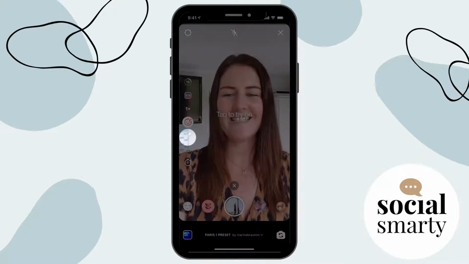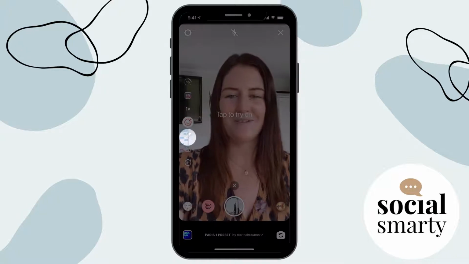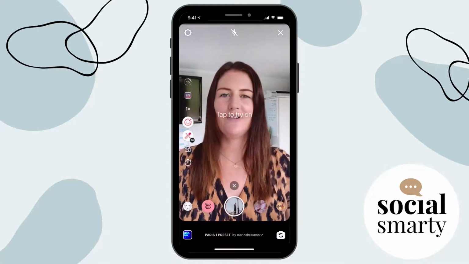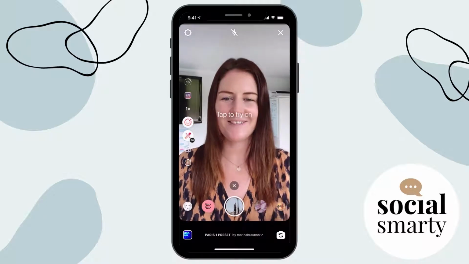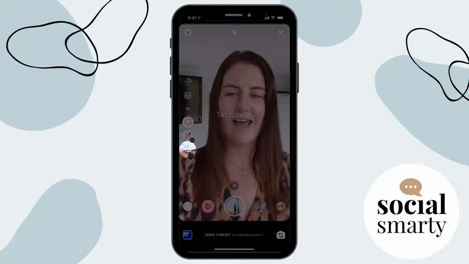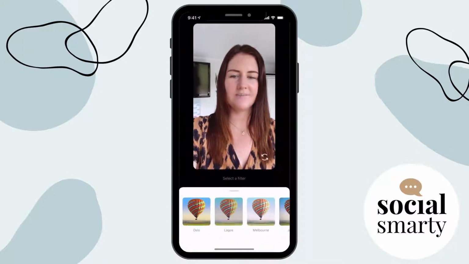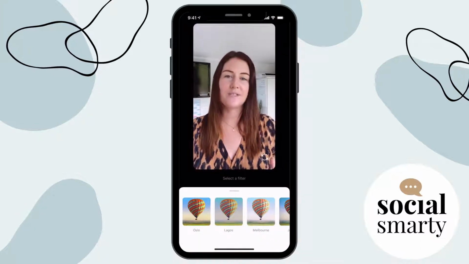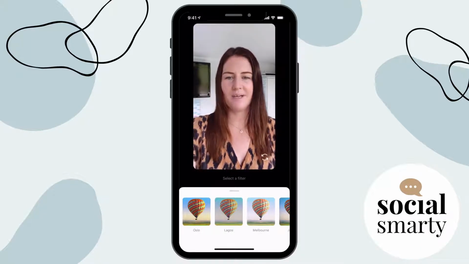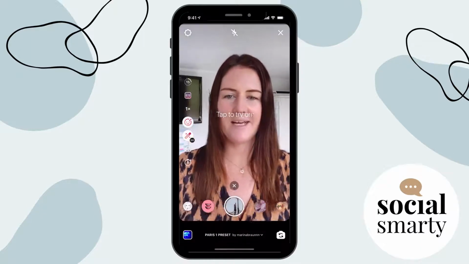And then the next one down is our touch up. So if we click on that, it just improves our skin a little bit. So now I feel really confident and really ready to give this reel a go. Next icon down is this little flowery looking one, and that's our filters. So again, we've got all those filters that we have in our Stories, so you're probably familiar with these. I'm not going to pick a filter, so I'm just going to go back out of that.